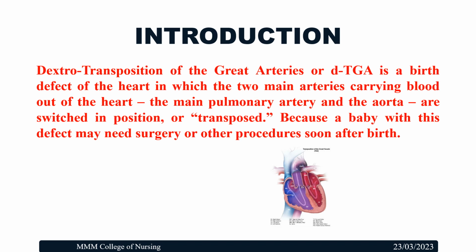For an introduction to TGA, that is transposition of great arteries, it is known as dextrotransposition of great arteries. Why is it called that? You all know there are two main arteries carrying blood out of the heart: the main pulmonary artery and the aorta. These two are switched in position. They are transposed from each other. Because of this, the baby has a defect, and a baby with such a defect should undergo a surgery or a procedure soon after